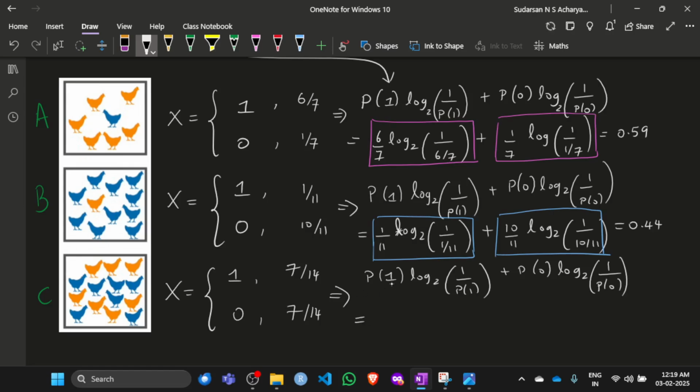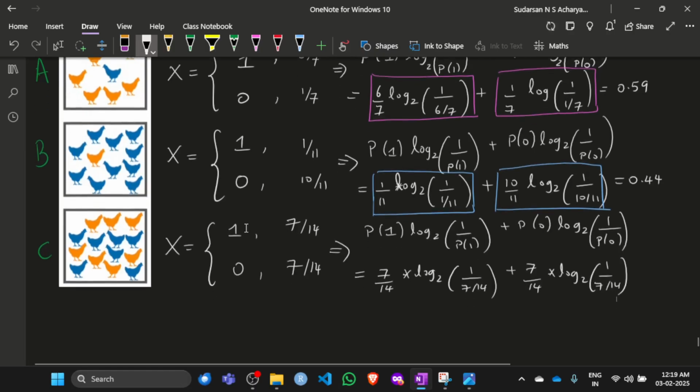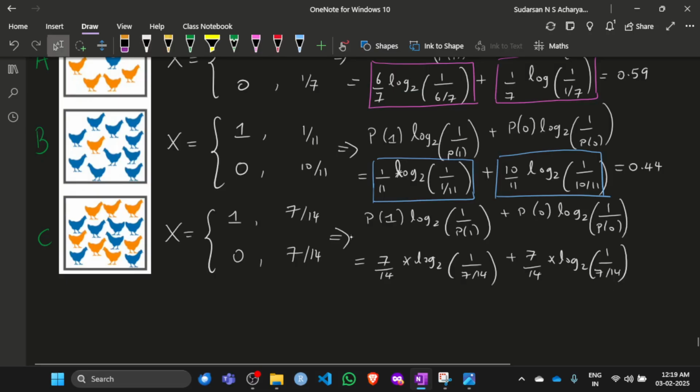So if you plug in the numbers, the probability of 1, picking an orange chicken, is 7 over 14. You have log 2 of 1 over 7 over 14. And here, the probability of picking, where 1 is an orange chicken and 0 is a blue chicken, is also 7 over 14 times log 2 of 1 over 7 over 14. Now, interestingly, you see that the surprises are the same because there is an equal number of orange and blue chickens. So this will be 7 over 14